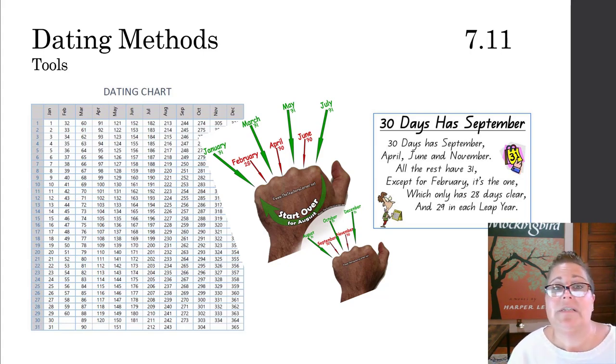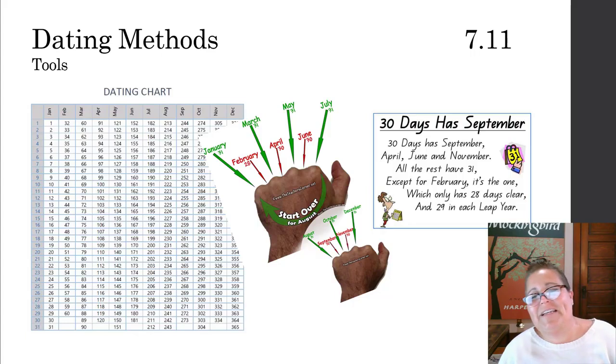Not everyone uses the days in the year chart. Some people prefer to use their knuckles. If you know the knuckles, it is January, February, March, April, May, June, July, August, September, October, November, December. And you can use that 31 days on the up knuckles, less than 31 days in the spaces between the knuckles. And then the third method is some people use the rhyme from grade school, which is 30 days has